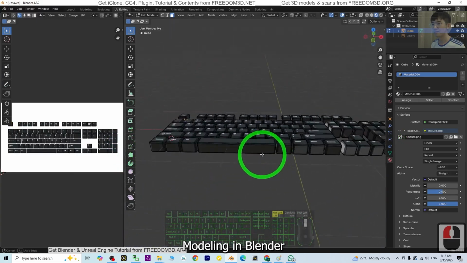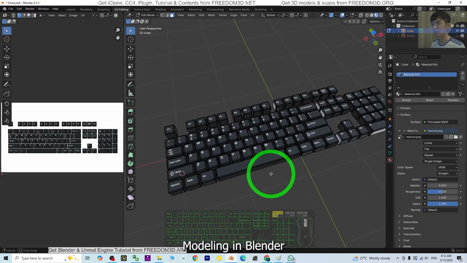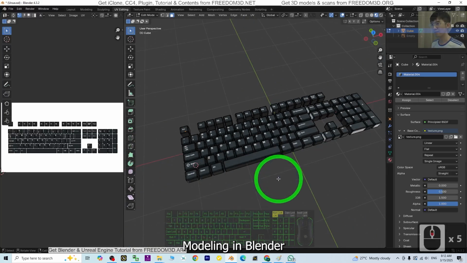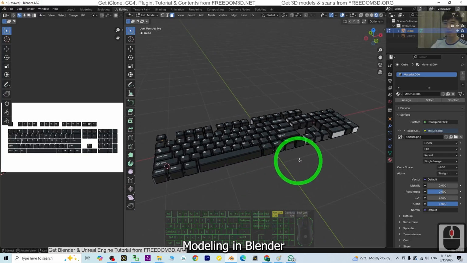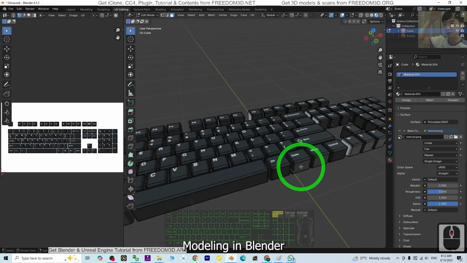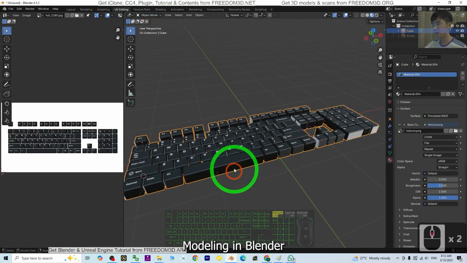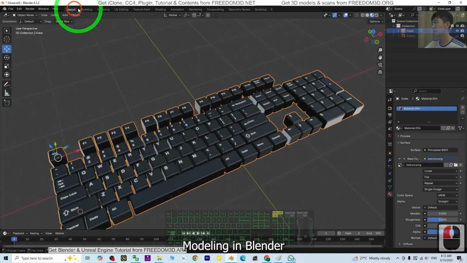Alright. Now, you can see this layout, everything okay already. Next, what you need to do is just add another keypad. Before that, back to the object mode first. Alright, back to the layout,